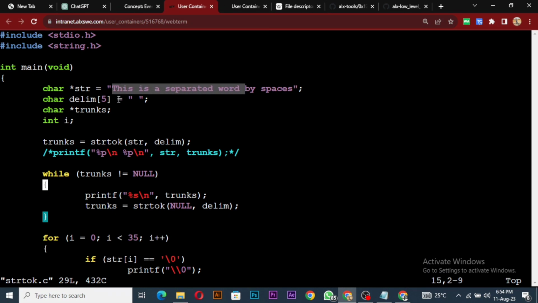So by the time string token comes here to modify the stuff, it's going to result in a segmentation fault, because it will not be able to access the address of this. So in order to solve this, we need to allocate memory for this guy dynamically. So we have to use malloc, and to use malloc we have to put our